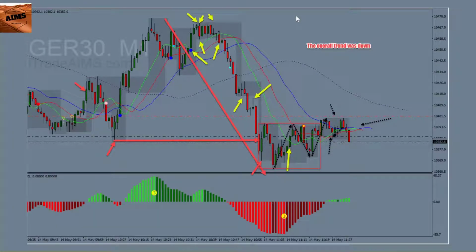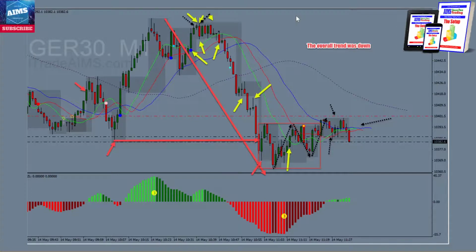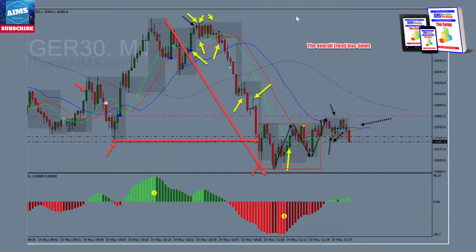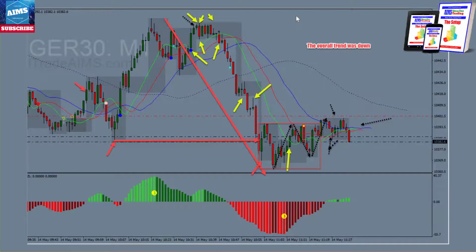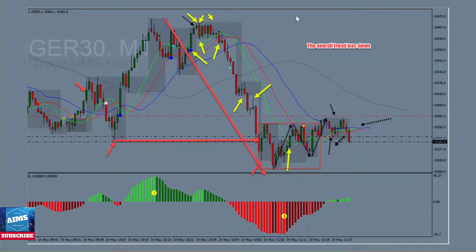Why? Because there's a risk of a B trap here. Again, that B trap is something like this. See this, what happened here, B trap. So that could happen here as well. And I thought if it's a B trap, it might go up, so why risk all of it? So if that's the case, I will risk half, so here I would get out. But if it's not a B trap, as we can see, it came all the way up to